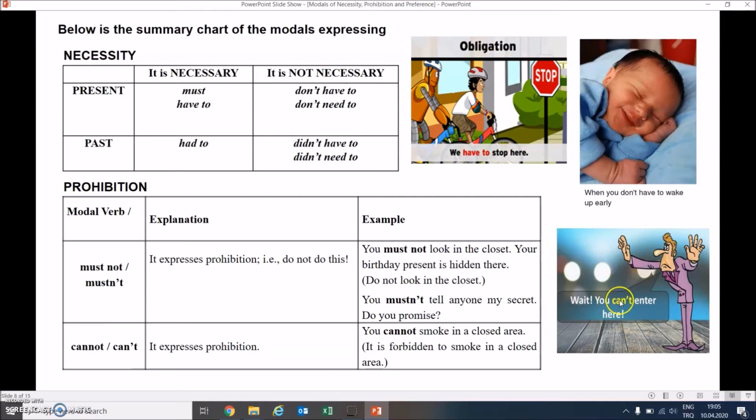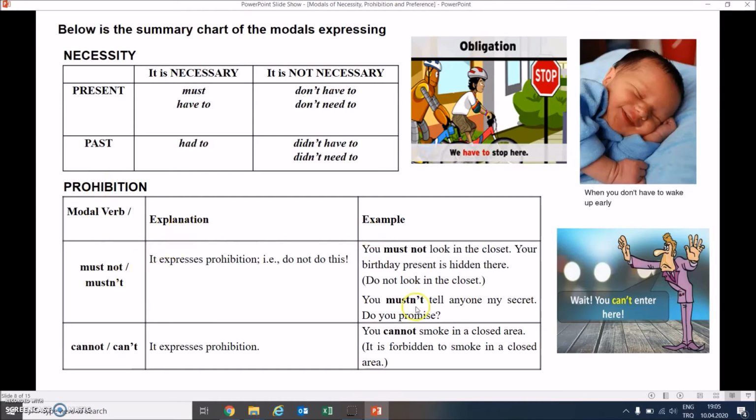Again, here can't expresses prohibition, like mustn't. Okay? So necessity, it is necessary: must, have to. Past: had to. Not necessary: don't have to, don't need to. Past: didn't have to, didn't need to. Prohibition,